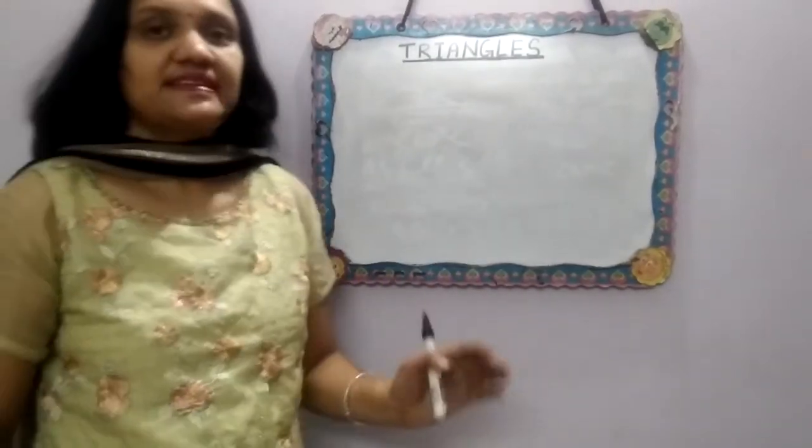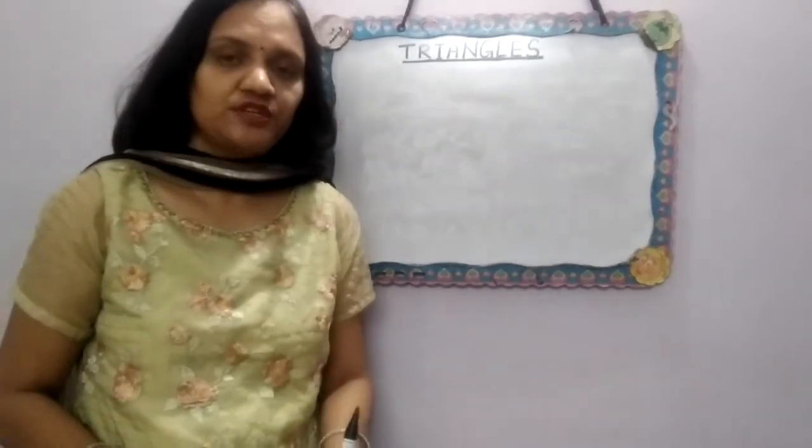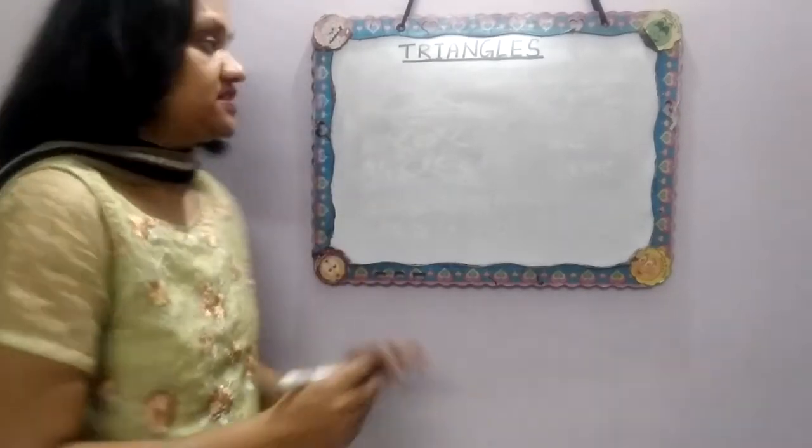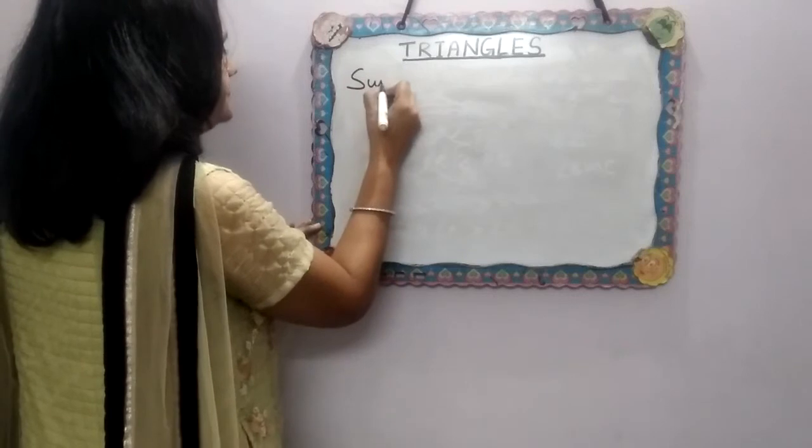Just now we studied two things. Greater angle in a triangle has the greater side opposite to it, and smaller angle in a triangle has the smaller side opposite to it. Now we will be studying about